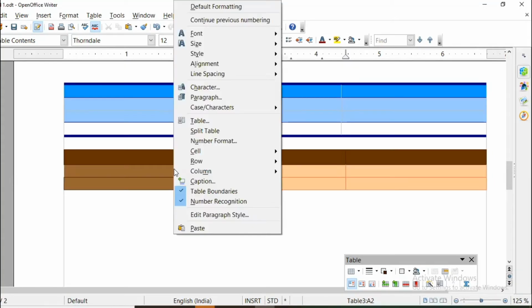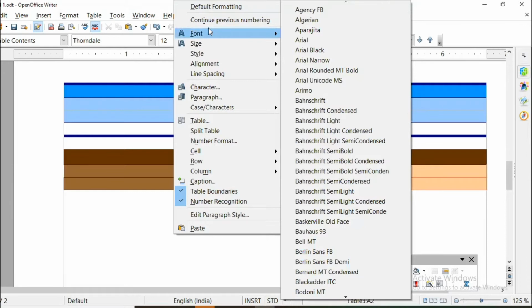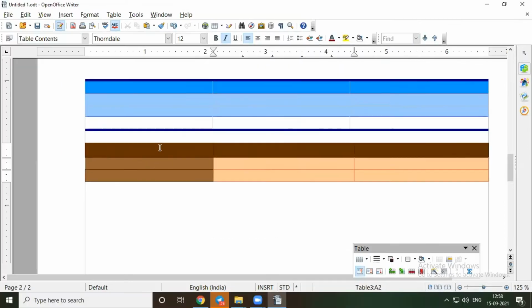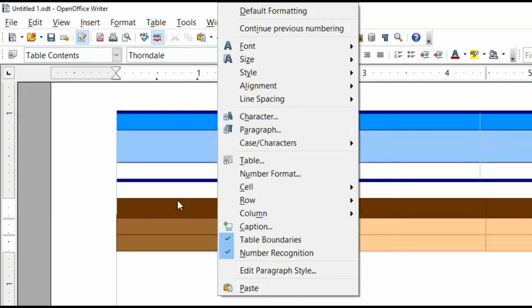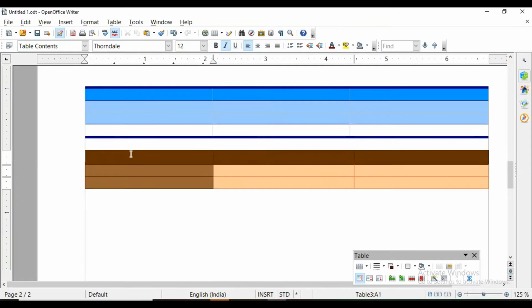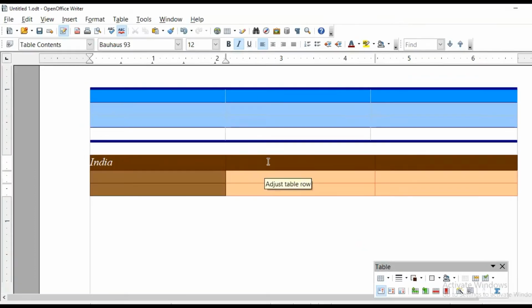Now when you click inside your table, you have different options. Right click and you will get this many options. So this is font. If you want to select any particular font to type in your table, for example, right now if I type here, like this, and now I'm typing something.